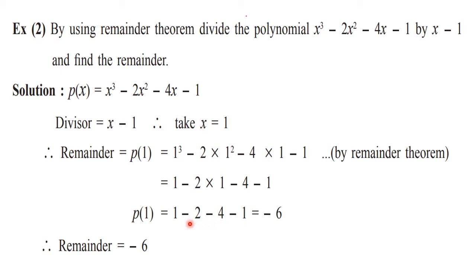So now see, these are having equal signs. All are negative. So you will add these three numbers. Or simply you can see here this plus 1 and minus 1 will get cancelled. And simply you can add these two numbers as minus 2 minus 4 is minus 6. So in this case the remainder is minus 6. Okay. Now let's go ahead.